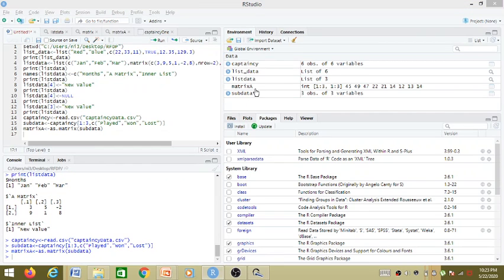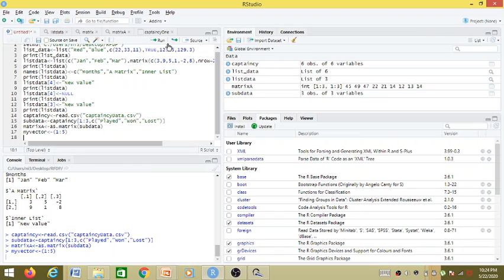You can see matrix A has been created with these many values in it. It's a 3 by 3 matrix, and finally let us create a vector named say my vector and just pass it values from 1 to 5. So it is just carrying values from 1 to 5. You can see here in the global environment variables that the value of my vector is there, 1, 2, 3, 4, 5.